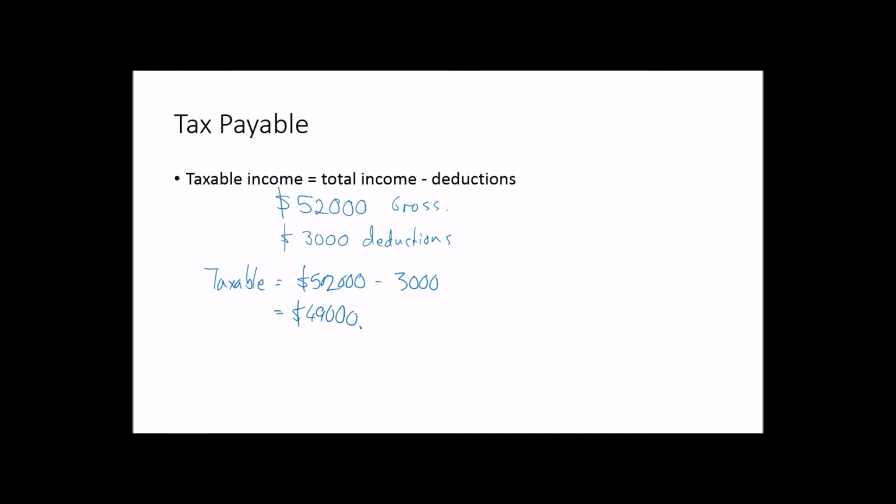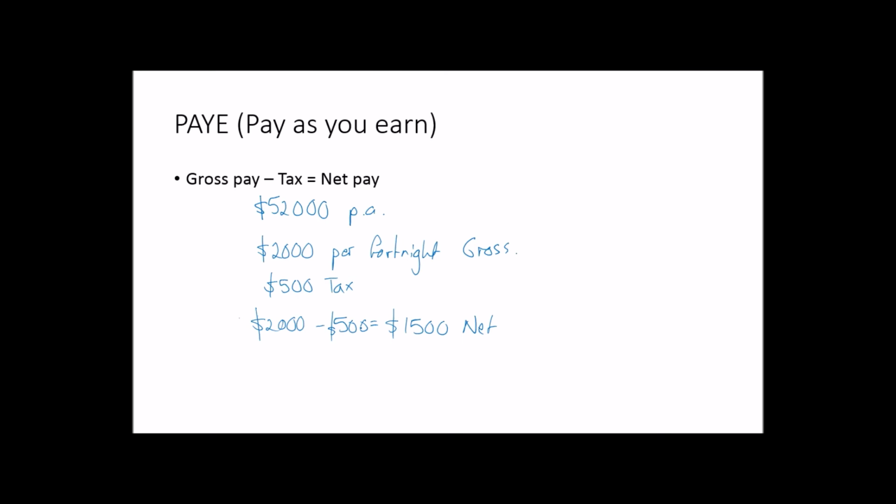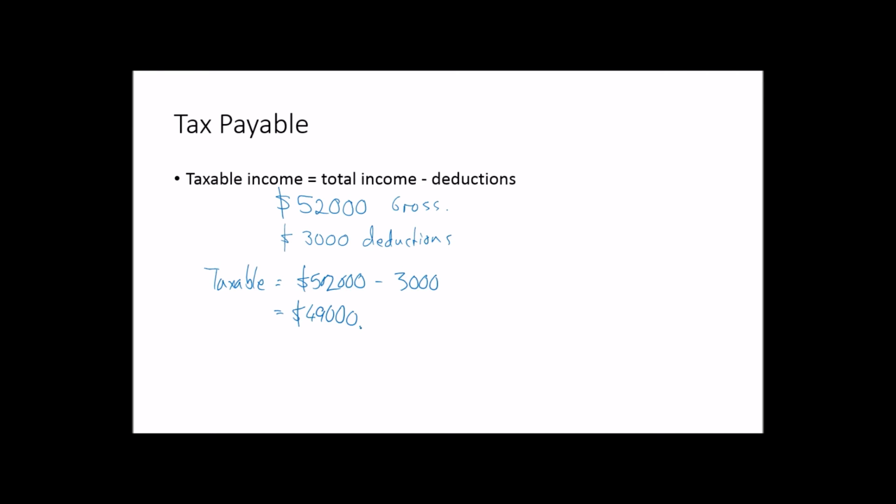So what that would mean is, if we flick back to our previous example, if he'd been paying $500 tax based on a salary of $52,000, but then he actually had a lower taxable income because of his deductions, then he would get a tax return at the end of the year because he's effectively been taxed too much, and so a tax return is where that all balances out.